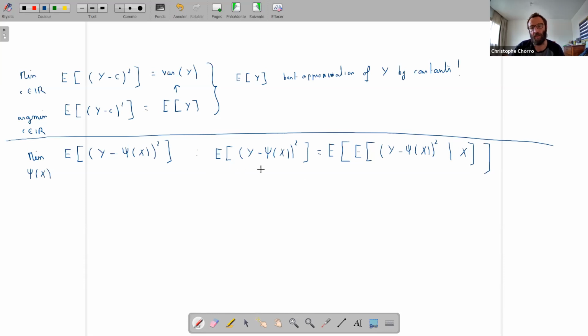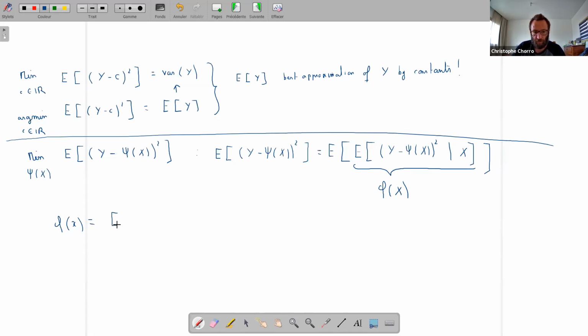Okay, the expectation of a random variable is equal to the expectation of its conditional expectation. It's what I have proved at the end of the previous proposition. So here I have something by definition that is a function of x, because it is a conditional expectation given capital X, where phi of small x is given by